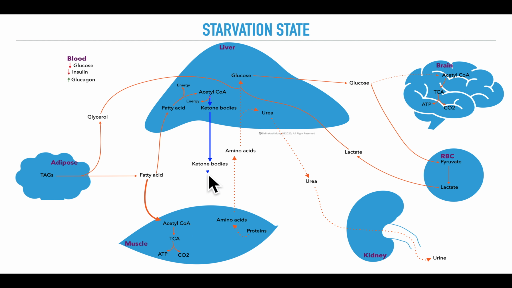The ketone bodies are of course taken up by the brain. The brain has significantly adapted to use ketone bodies. That is why it is sparing glucose for the red blood cell by consuming more and more ketone bodies for its energy needs. And during this time, as the brain adapts itself to use ketone bodies,